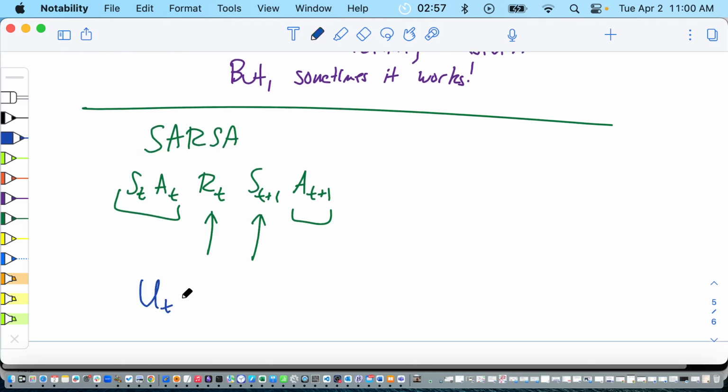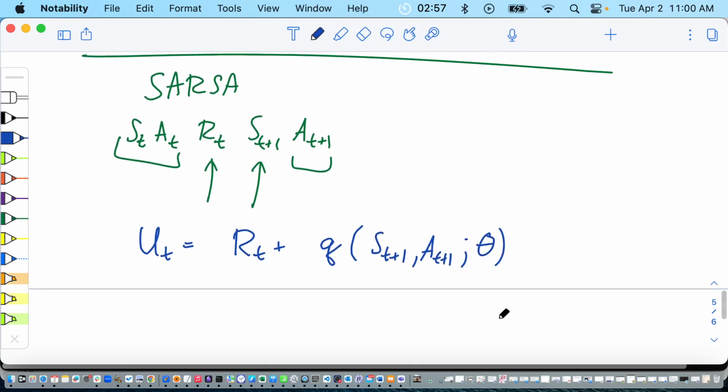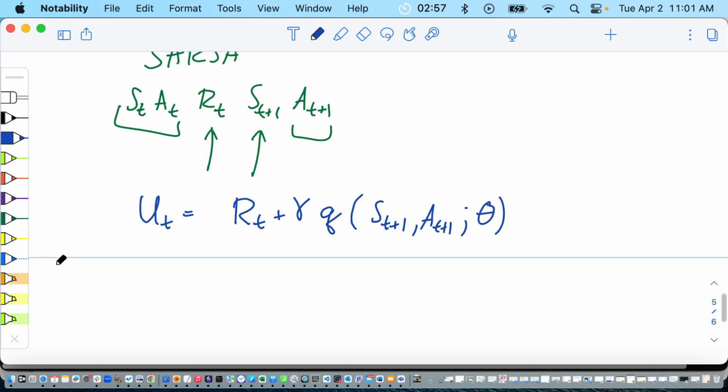We're going to set U_t to be the reward we saw plus Q(S_{t+1}, A_{t+1}), depending on theta, right? So this is looking one step into the future and estimating what the reward in the future would be. Let me put in the gamma as well. In all our problems, gamma has been 1, but let's put it in for completeness. It also makes it visually easier to see what's going on. This one step into the future idea. And then our update rule is